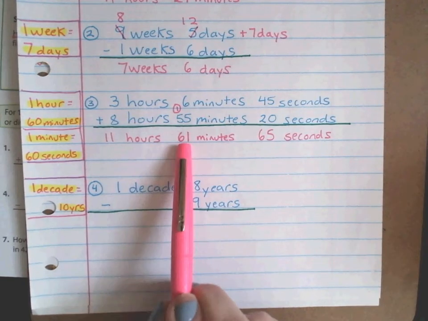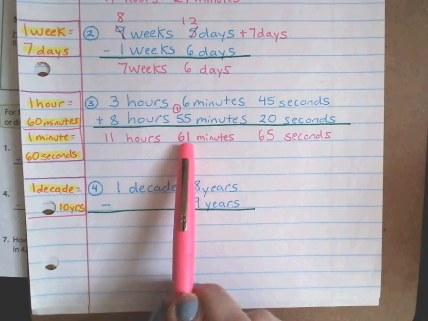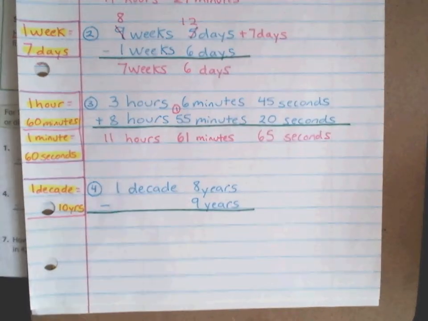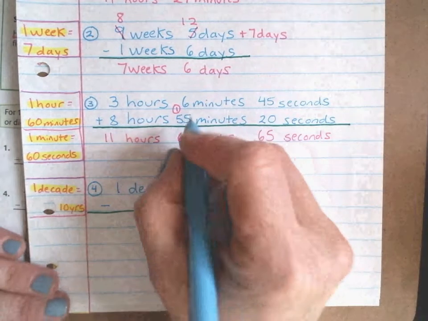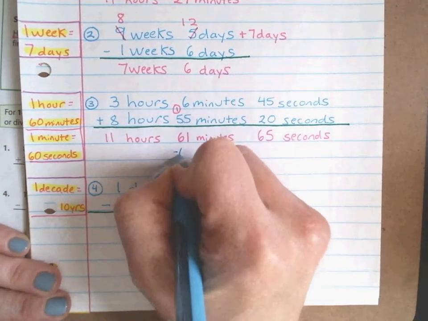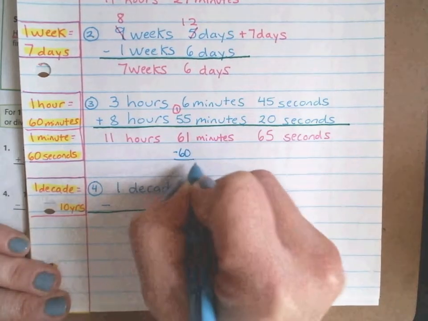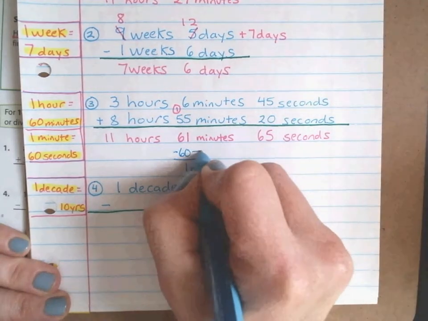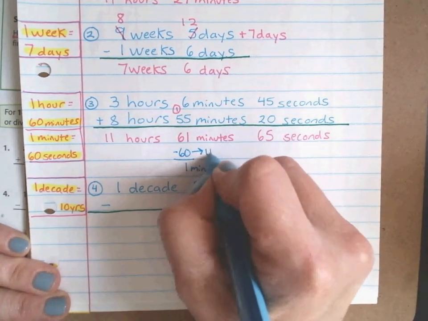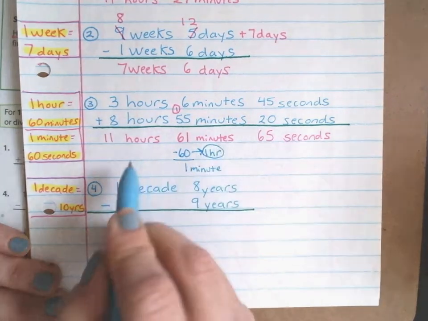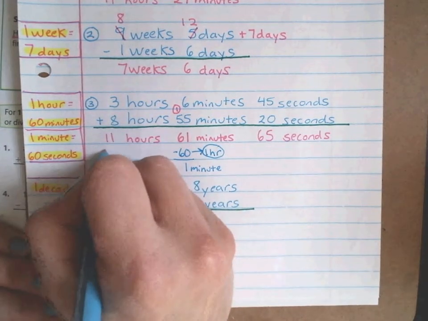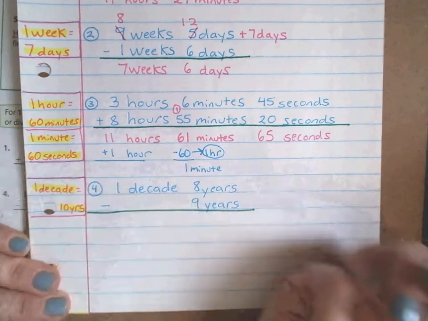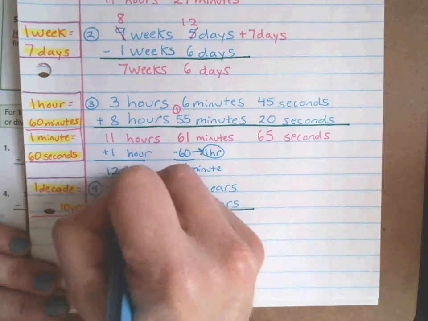So here I can see 61 minutes. 61 is more than 60, so I need to rename this. So what I'm going to do is, I know that if I take 60 minutes away, I'm left with 1 minute, and I know that that 60 minutes I took away, I can rename as 1 hour. So my hours are in this column, so I know I would need to add 1 hour over here. So now I've got 12